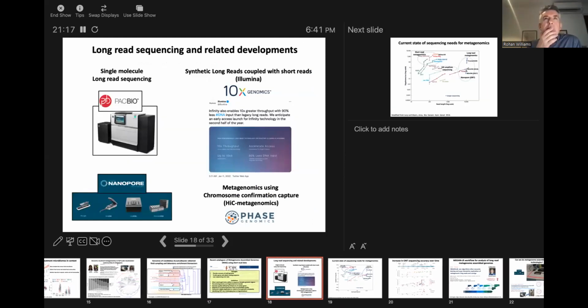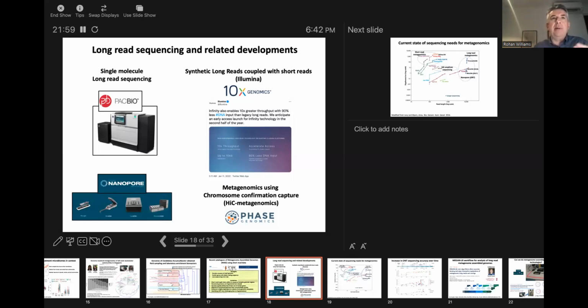So what's changing this game a bit is long read sequencing. Pacific Biosciences and Oxford Nanopore Technologies make single molecule sequencing instruments. If you extract DNA from a cell or cellular preparation and put it into one of these instruments, you will actually sequence the individual piece of DNA. You won't have to go through these complicated procedures where the DNA is broken up into little bits and then PCR'd and so on. You're directly sequencing what's there. So it's a very, very exciting development, and surprisingly easy to use.